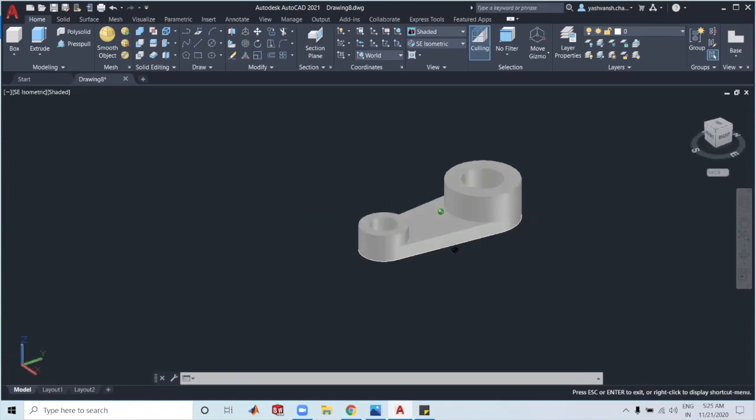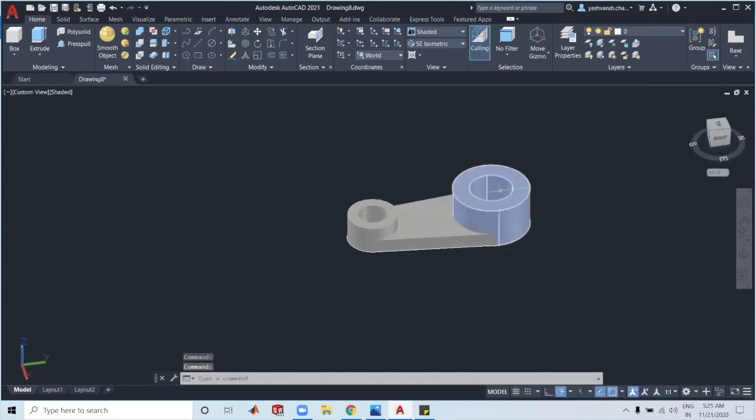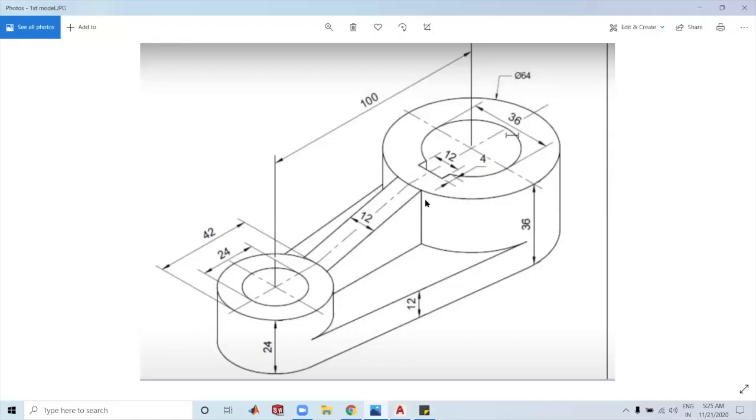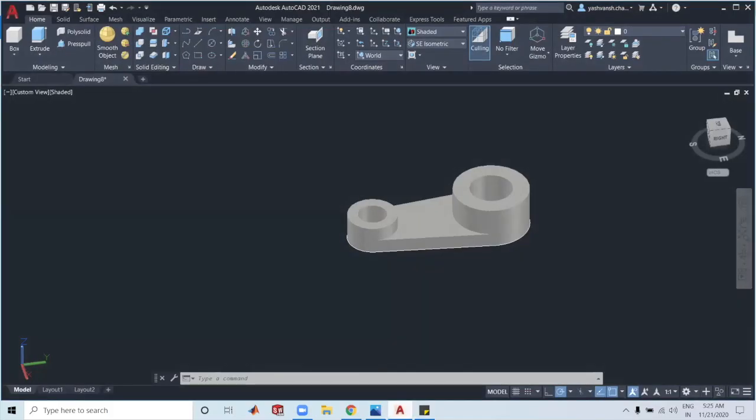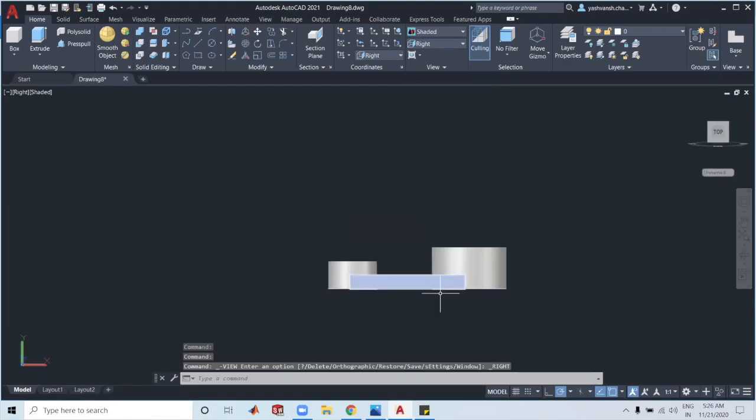So this is like a basic command for the AutoCAD 3D modeling. Now I need to draw this middle shape over here, and this will not be drawn in this particular plane, southeast isometric. I will be using the right plane for that. So in order to change the plane, you come back to this view tab again, open the drop down menu, select the right command over here, and now